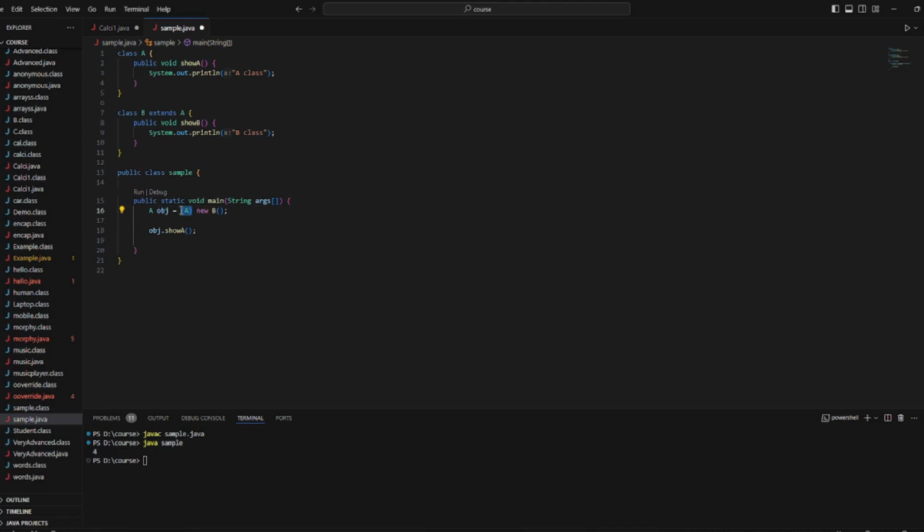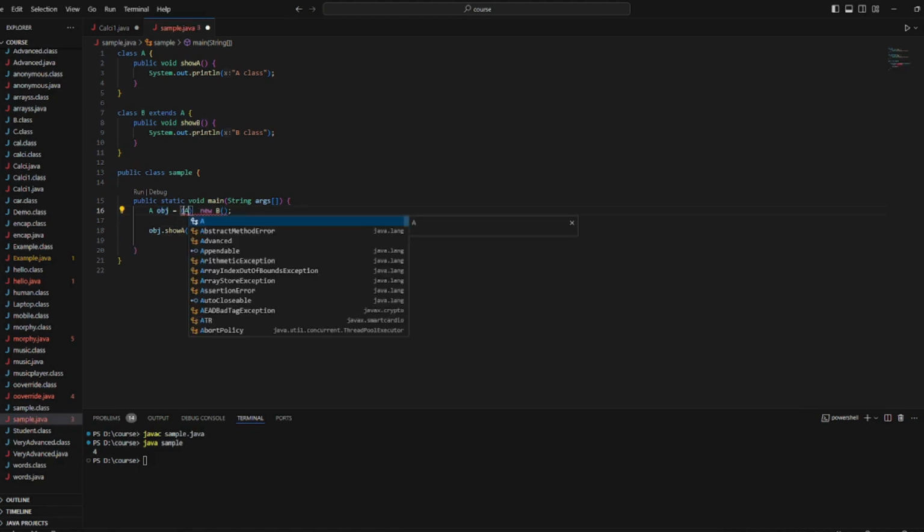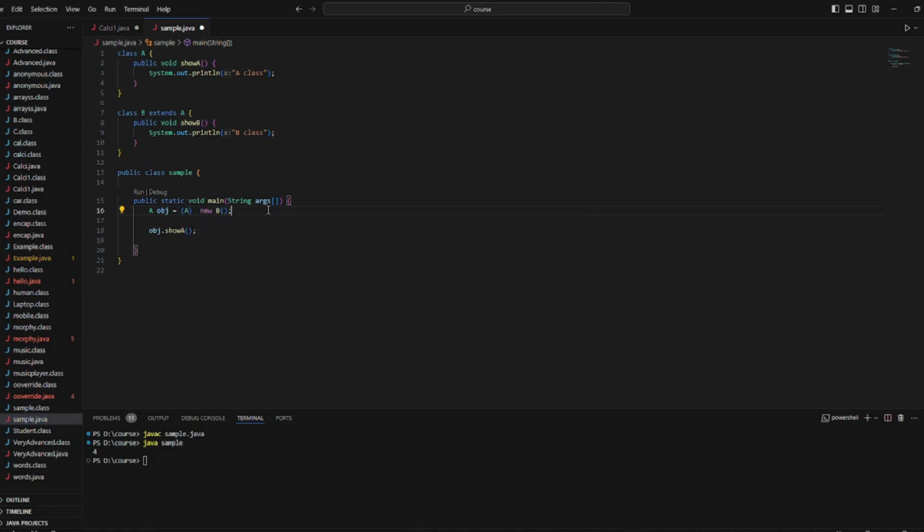Even without doing it, it happens in the background and it allows us to call this because of the inheritance which is here. Since we are making a subclass become a type of a superclass, this is known as upcasting.